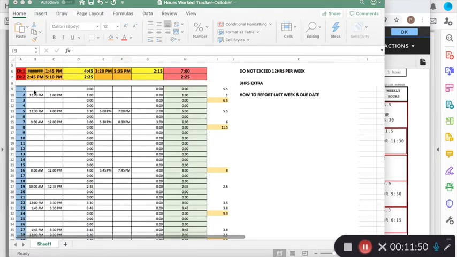So when reporting hours for the morning, the AM, please make sure to put whatever time it is in the morning, and you don't have to put AM. All you have to do is 9, and it'll automatically generate the AM. It'll detect that it's AM. But when you are gonna report for PM, you do have to make sure to include the PM, but also include a space. So I would put 1:30 space PM, and it'll count that I worked 4 hours and 30